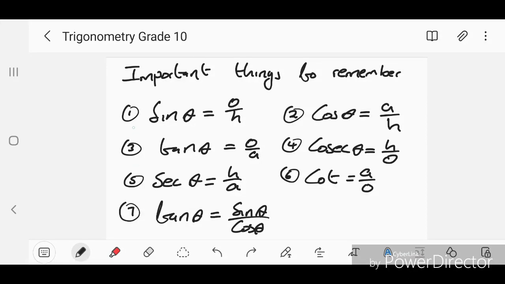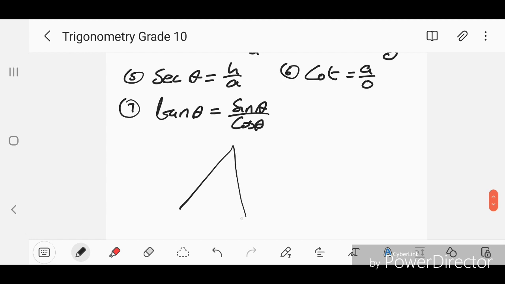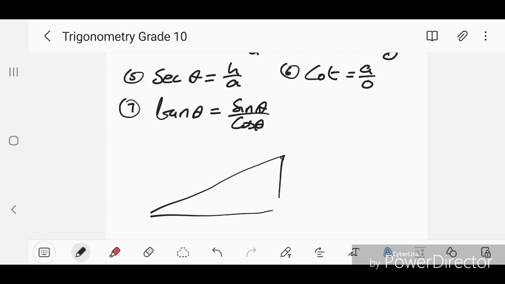Okay, guys. So we are on trigonometry now, and these are the 7 things that you need to remember always when you're doing trigonometry. First thing, sine theta